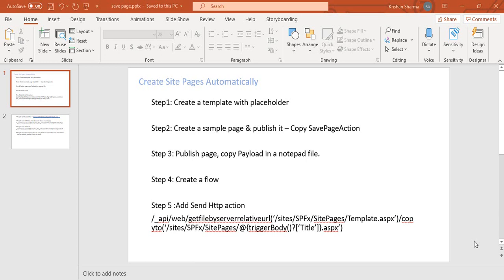In today's session, we'll learn how to create site pages automatically via Power Automate. So think about a scenario where you want to create your site pages automatically whenever some list item gets submitted